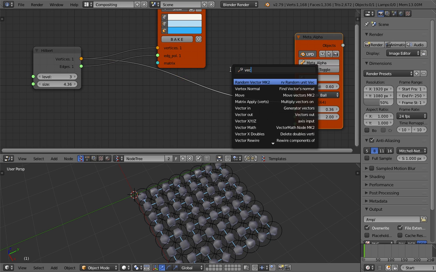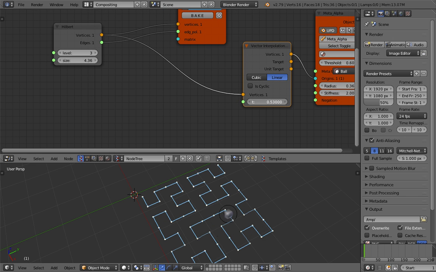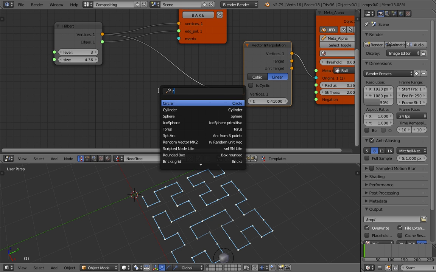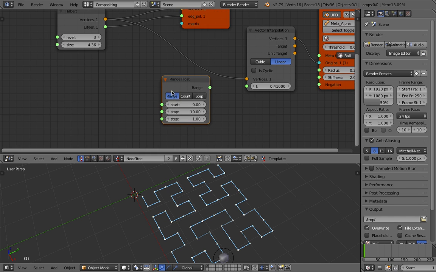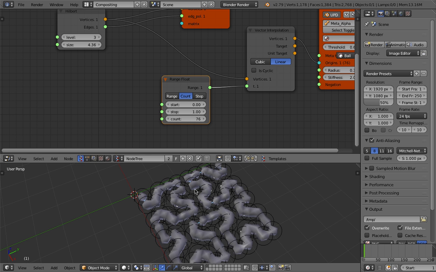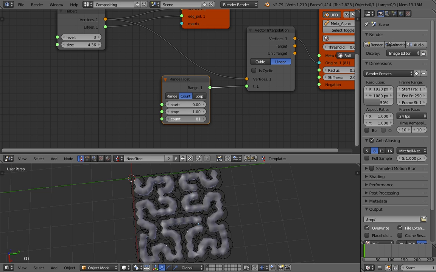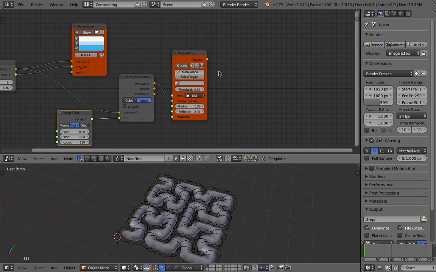You can use a vector. This is a quick way to do it, and you can see with the vector interpolation, you really kind of interpolate between the first point and the last point. So you just need to plug in a range float with a start from 0, stop 1, and just add the count. By increasing that number, you will get more points along the lines, and you get this result very easily. So now you can use the Hilbert. That's really easy,